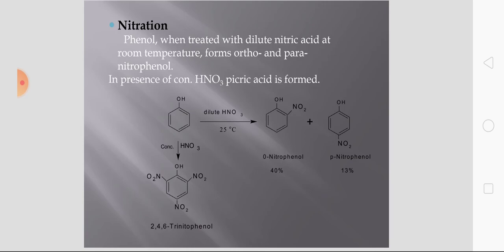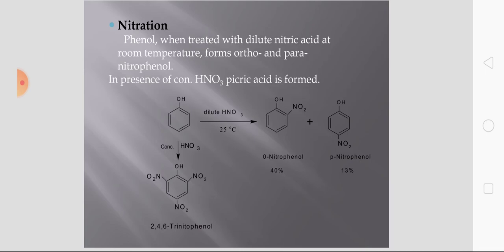Of these ortho and para-nitrophenol, ortho-nitrophenol will be more volatile